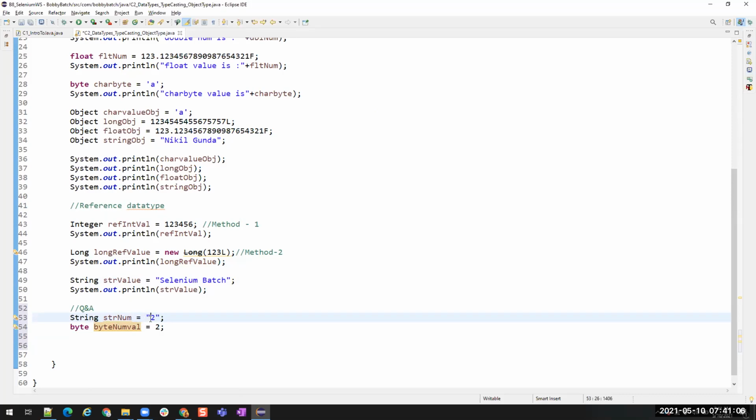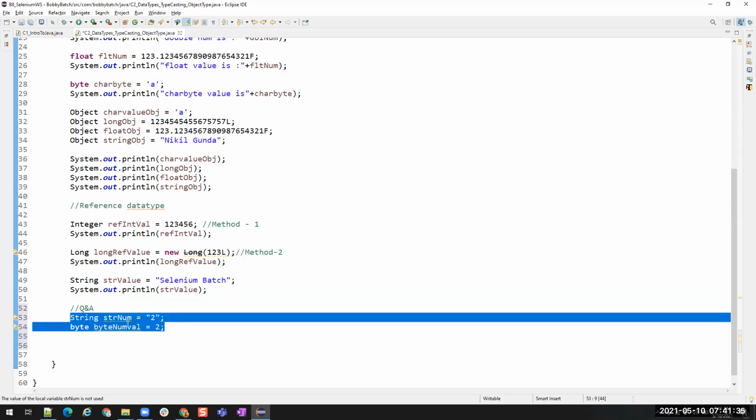This is not being treated as a number, so you cannot perform numerical operations like addition, subtraction, multiplication, division, square root, or power, whereas it can be performed on the actual numbers. So that is the difference between this and this.